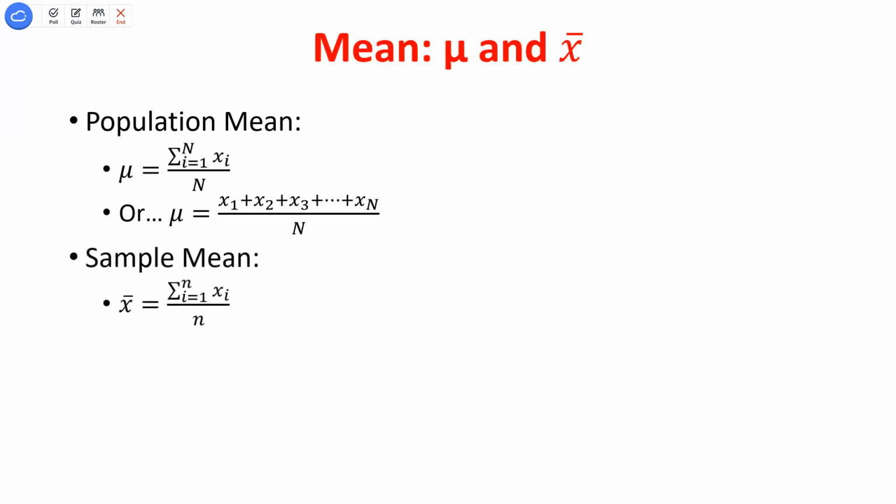Okay. So our sample mean is going to be the exact same thing. We'll just use slightly different notation. The only thing that changes here is we start using lowercase n, and lowercase n just represents the number of observations in my sample data. Our samples are always smaller than the population, so lowercase n for the sample, uppercase N for the population.